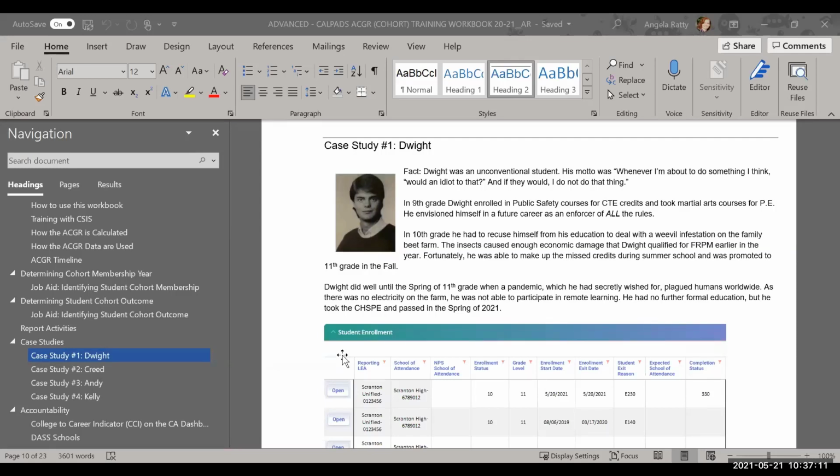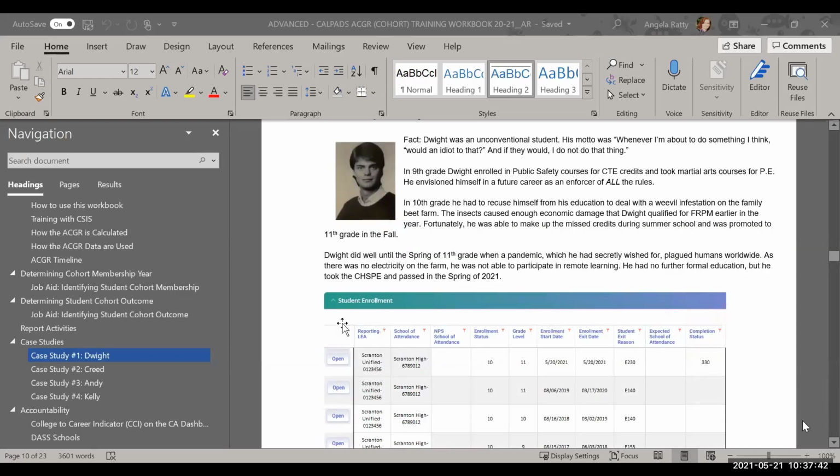In 9th grade, Dwight enrolled in the public safety course in the CTE credits and took martial arts courses for PE. He envisioned himself eventually in the future becoming an enforcer of all the rules. In 10th grade, he had to recuse himself from his education to deal with a weevil infestation at the family beet farm. The insects caused enough economic damage that Dwight qualified for FRPM earlier in the year. Fortunately, he was able to make up for the missed credits during the summer school and was promoted to 11th grade in the fall. Dwight did well until the spring of his 11th grade year when a pandemic, which he